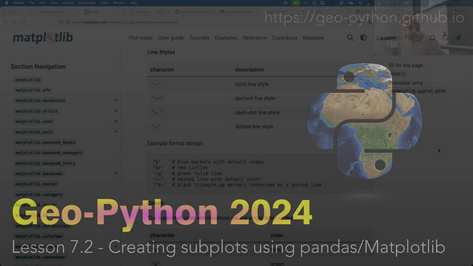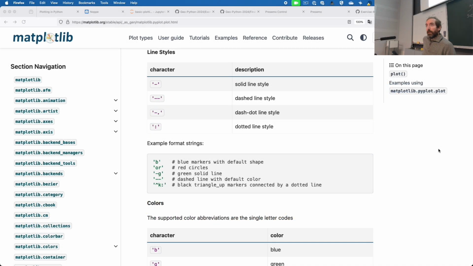And maybe we can start with where we left off with our question. Hopefully you had some time to go through and figure out how to modify your plot as we were requesting you to do. And I did just write on the board here, hopefully you could see that if you want to know how to do this kind of shorthand formatting of the plot style in Matplotlib,